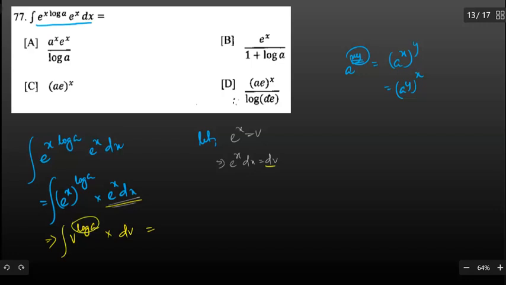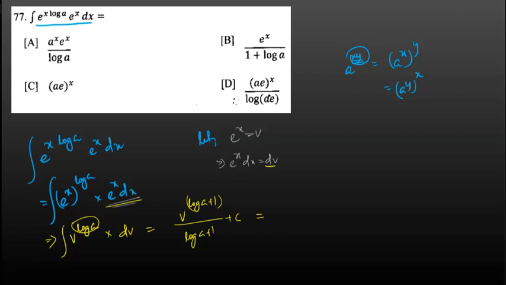Log a is a constant, so we can easily write it like this: the integral of x to the power n dx is x to the power n plus 1 divided by n plus 1 plus c. So v raised to the power log a plus 1 divided by log a plus 1 plus c, which is equal to